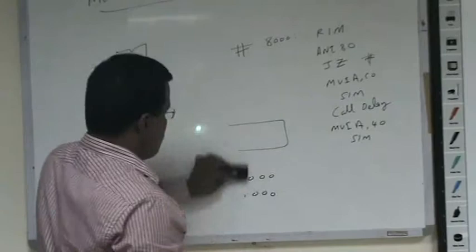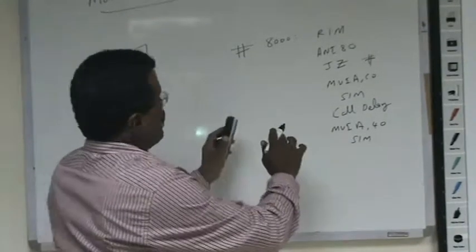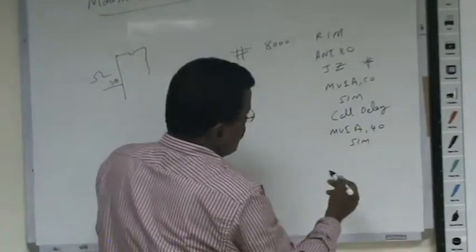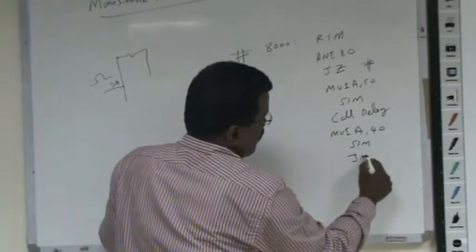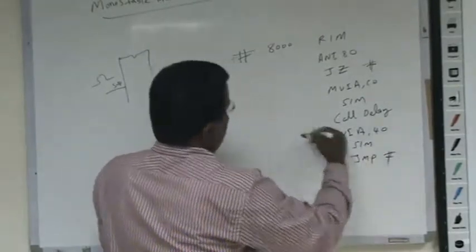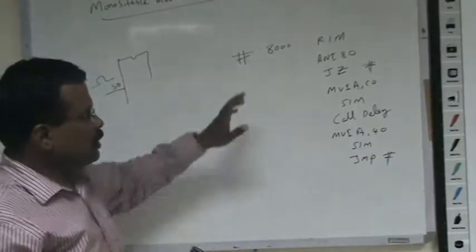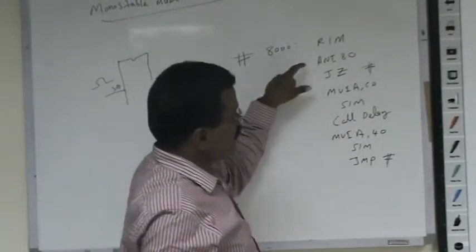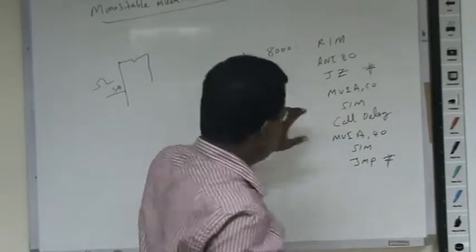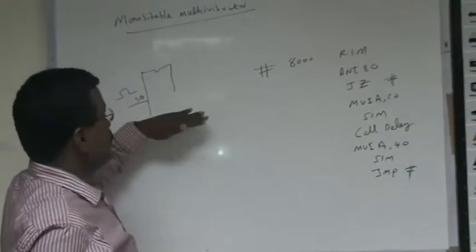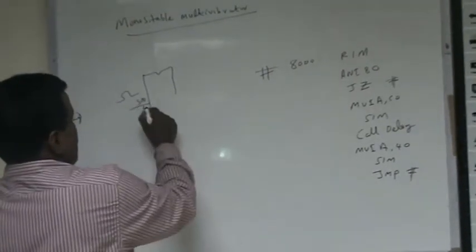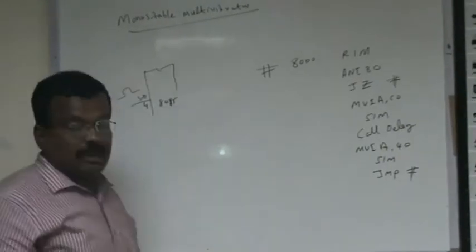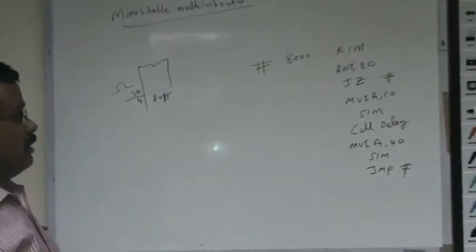Now for one trigger pulse, we will give output from the SOD. One pulse will be generated. After this is over, I can put a jump to start, so that it will again start checking for the second trigger pulse. If you give a second trigger pulse, again one output pulse will be generated from the 4th pin of the 8085. So this is how to simulate a monostable multivibrator.